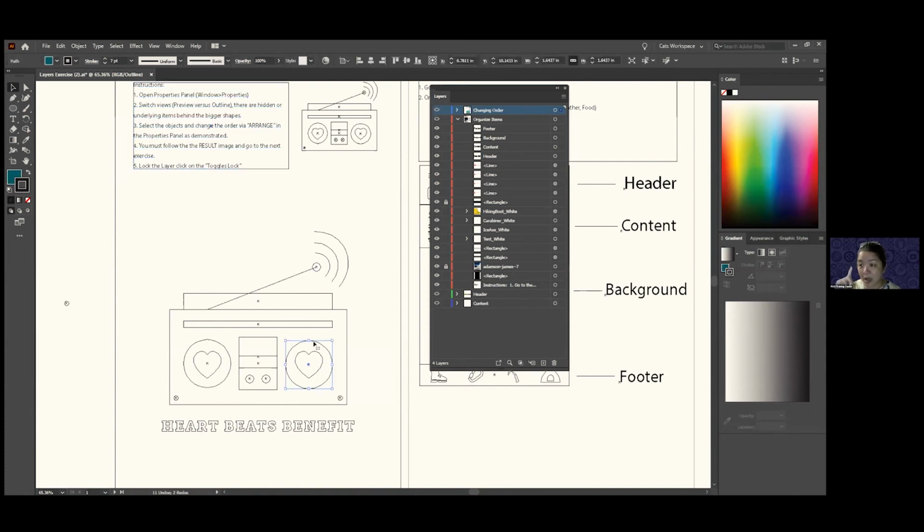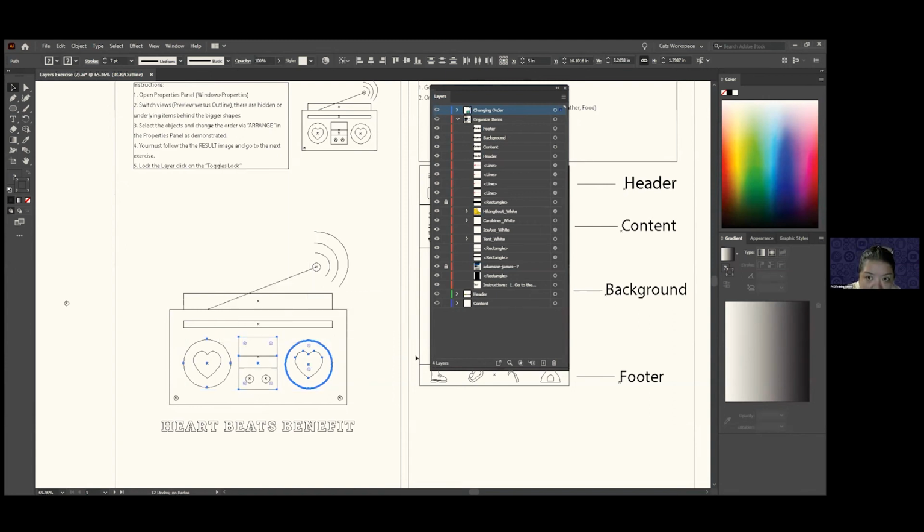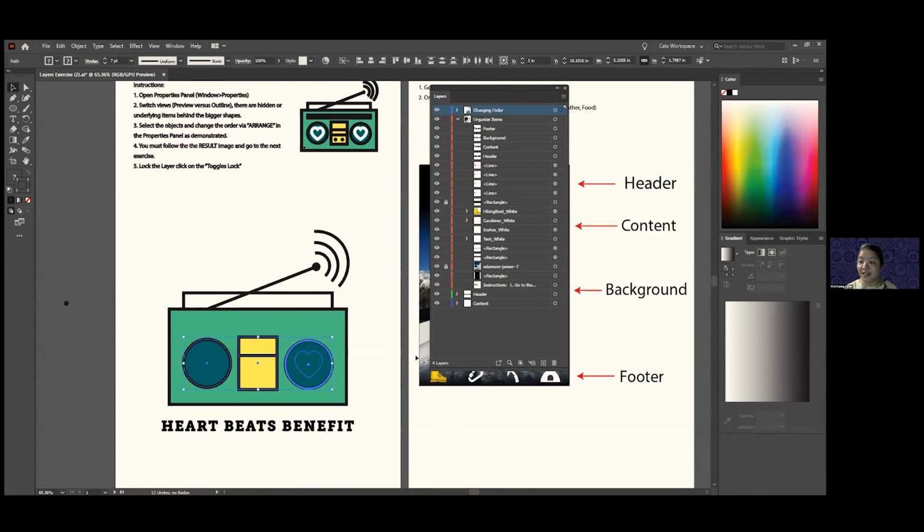So in terms of selection, just one trick, at least for those who have never used Illustrator, using the selection tool allows you to select the object, right? If you want to select multiple objects, then you may hold down Shift, okay, and then click on the multiple objects. Right. And then right-click on it, and then arrange, and then bring to front. Okay, and then I can switch back again to the normal view, and then you get to see this, right? Okay. Now,